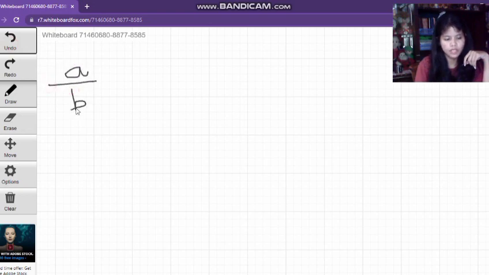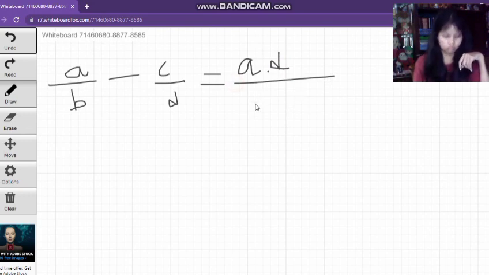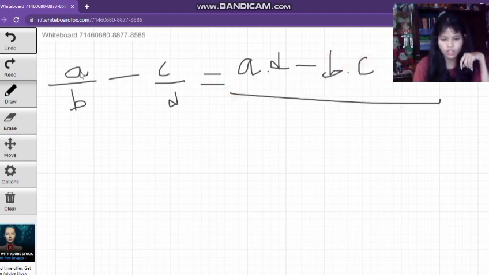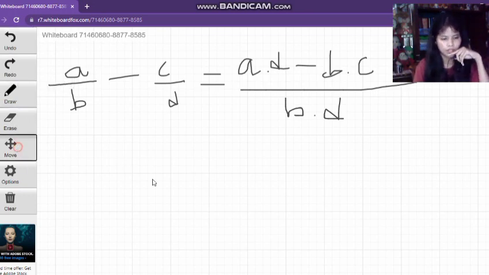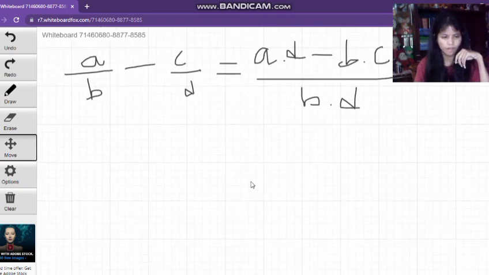A over B minus C over D equals A multiplied by B over, minus, B multiplied by C over B multiplied by D. So for the example of numbers like this, okay,